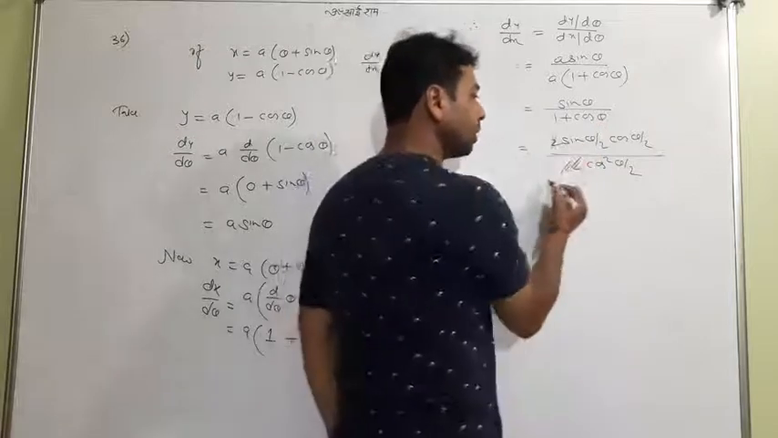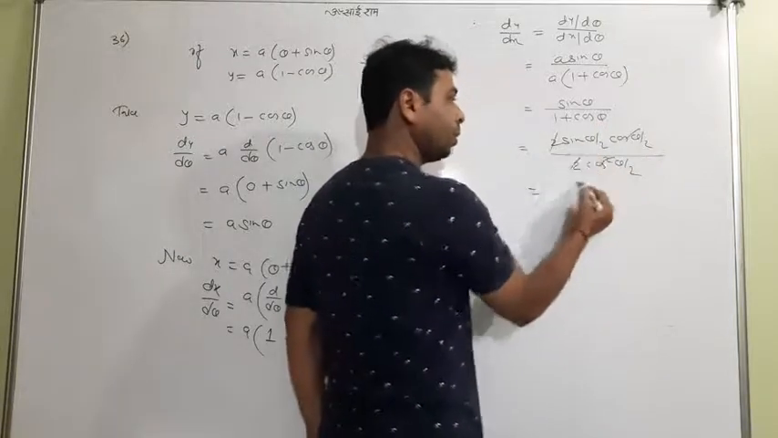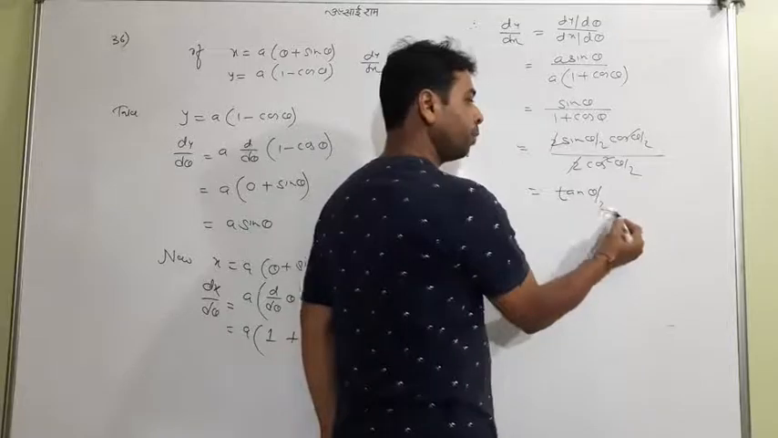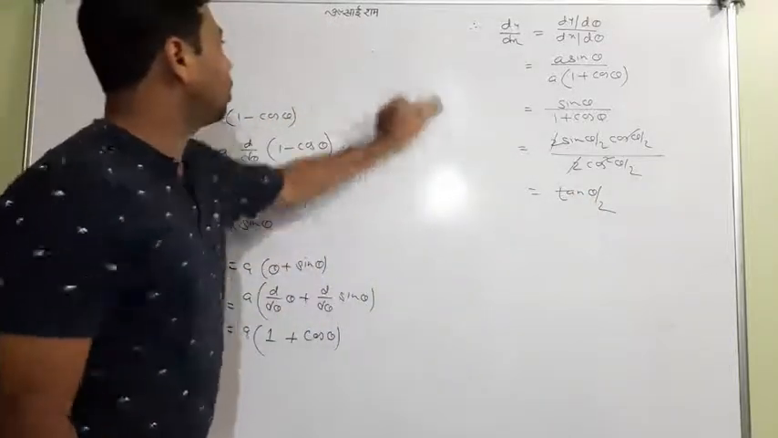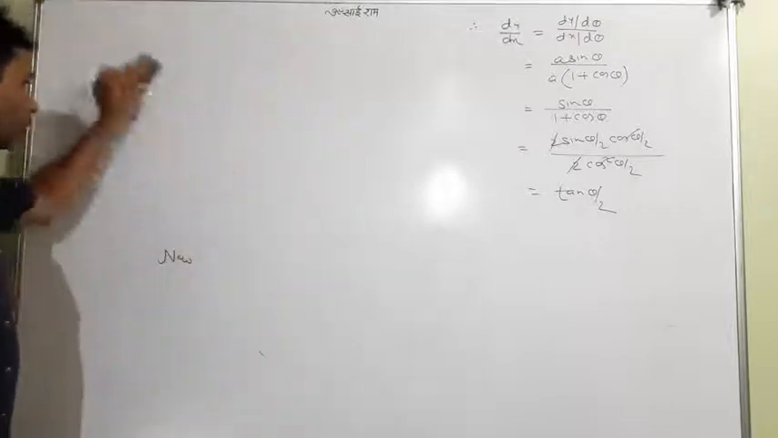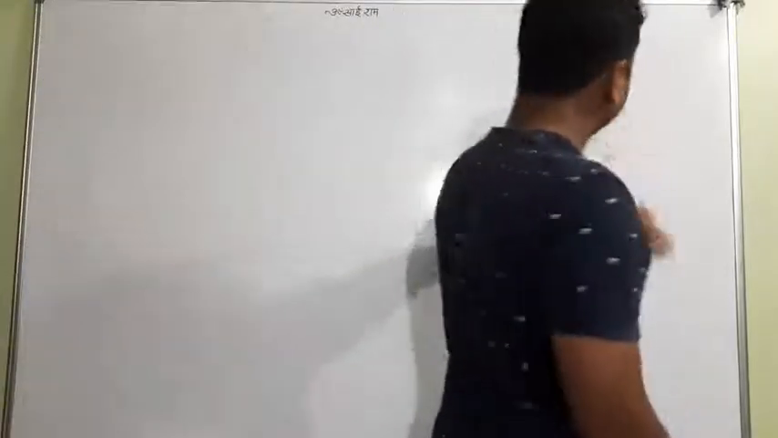So 2 and 2 will be cancelled, cos and cos will be cancelled, sin by cos is going to be tan theta by 2. So this is your answer. This is a very simple concept that you have now gone through. So let me rub this out and